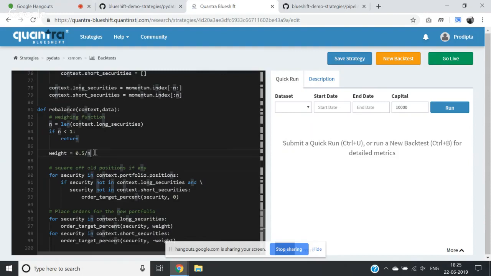Why 0.5? Because we are doing buying and selling both. To keep the leverage at 1, we are doing 0.5. Otherwise, the leverage will become 2, the gross leverage, right? So this is a very simple momentum strategy. Now, if you run it,